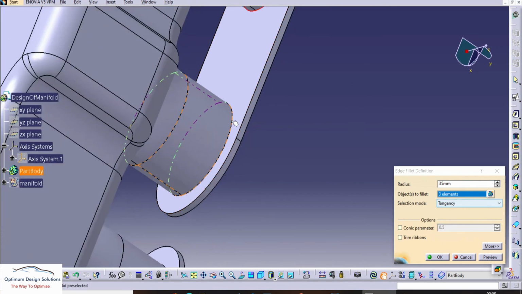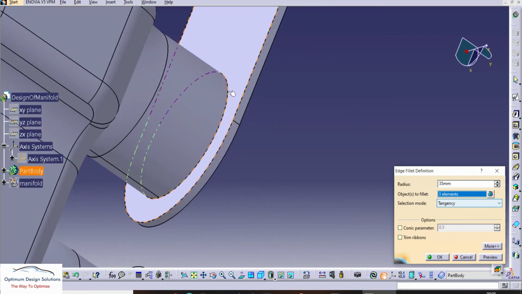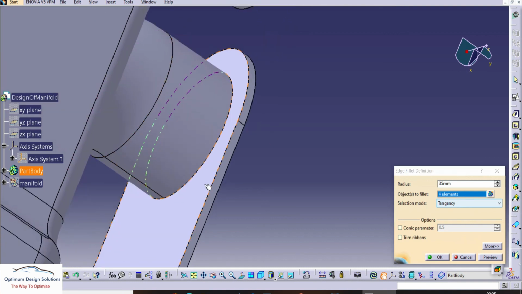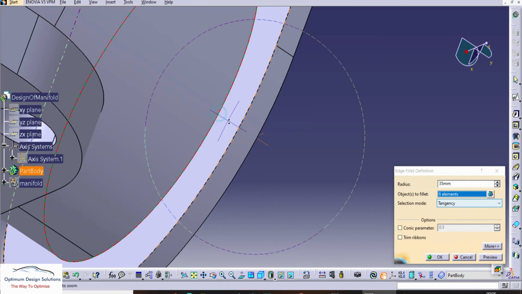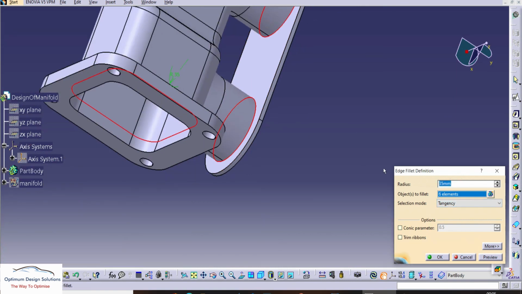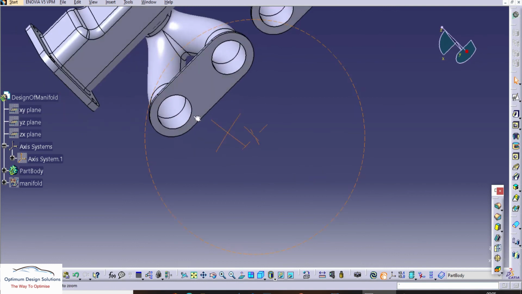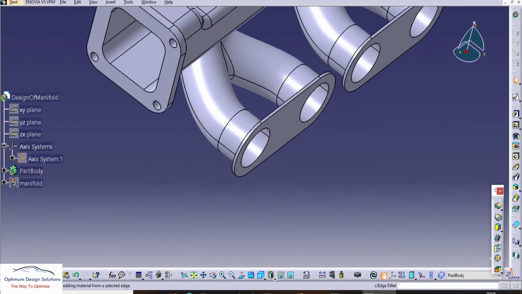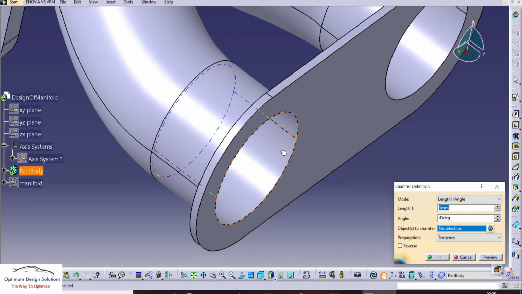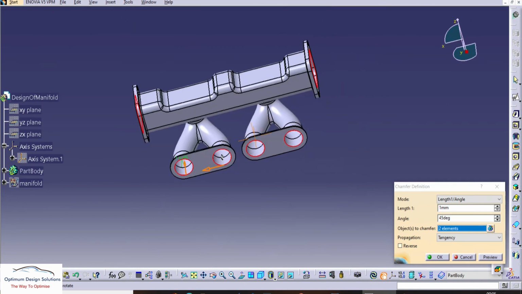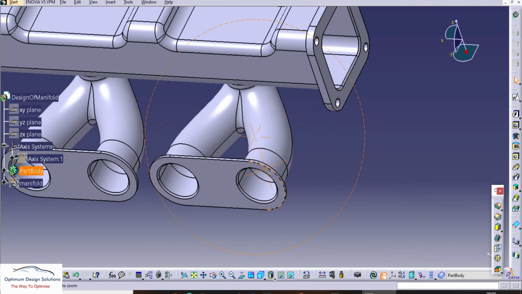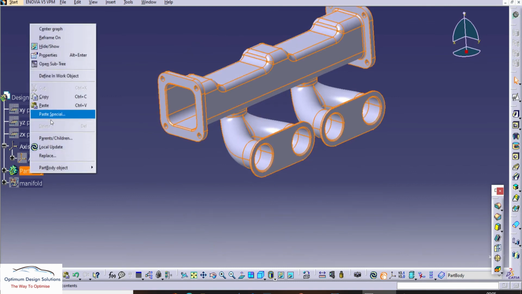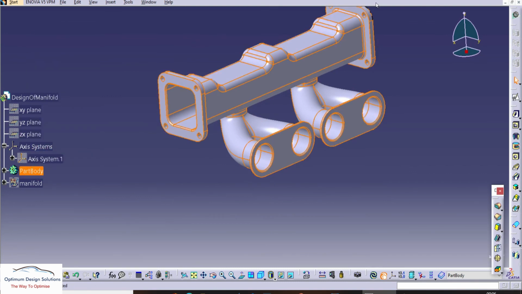Okay, so this joinery part. We'll use a 5 mm radius here, and the entry chamfers. Select all the chamfer corners or chamfer edges. We'll use a 3 mm chamfer, and finally we finish the design of the manifold here.